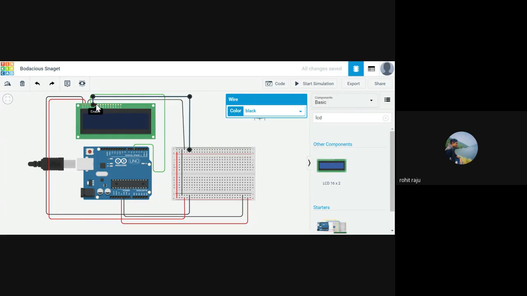This enable pin should be connected to a digital pin. Let's connect it to 6. Need to make these connections look clearer. 5 and 6 done.